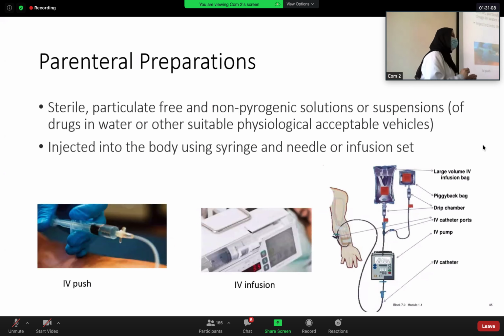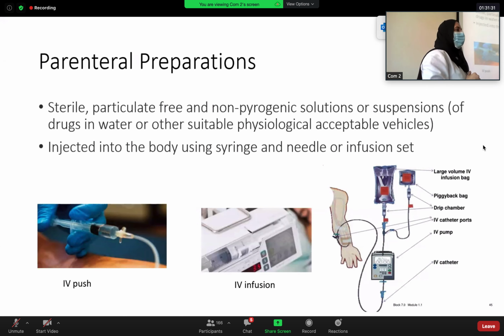IV push, it's a different concept. IV push means the medication can be directly administered through the vein over a short period of time, which is usually 3 to 5 minutes. That applies to specific medications. Not all medications are applicable to be administered through that route,